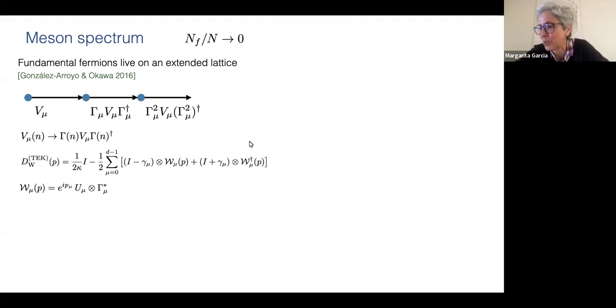So we have been trying to analyze also the zero modes of the Dirac operator, either overlap or Wilson. We are working on that, but it's not completely clear yet. So one has to find a way to map the charge into something that can be constructed out of the SU(N) matrices. And yeah, it's an open issue.